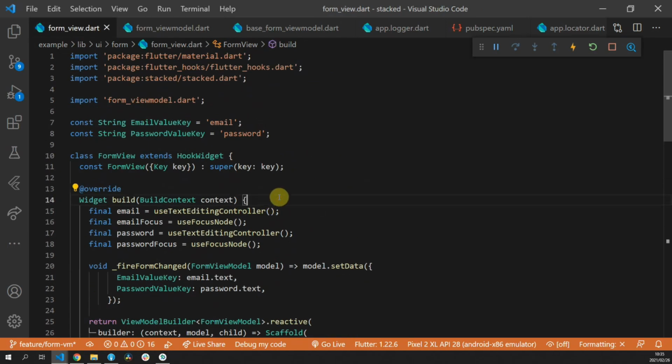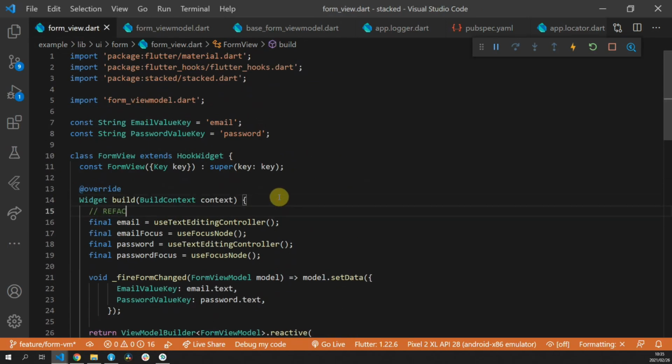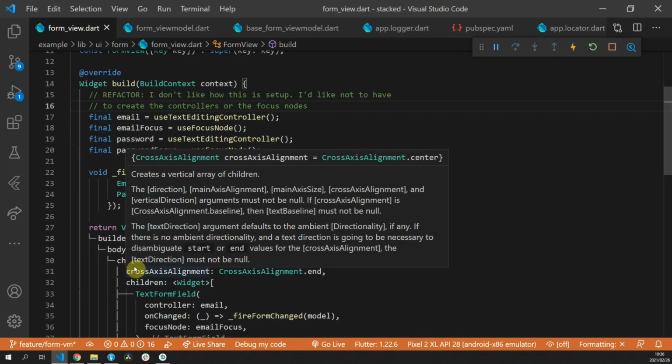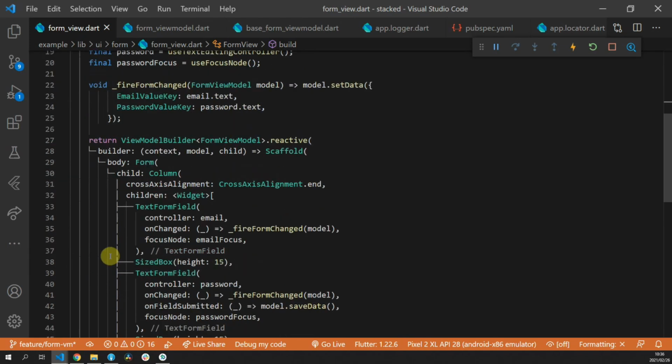And then heading over to the view, you'd have to create a controller as well as a focus node for every one of your form fields. Now when you use Flutter hooks, it's not a lot of code, but you'll still have to create it for every form field, and in one of the client apps we have about 14, so it would look quite messy